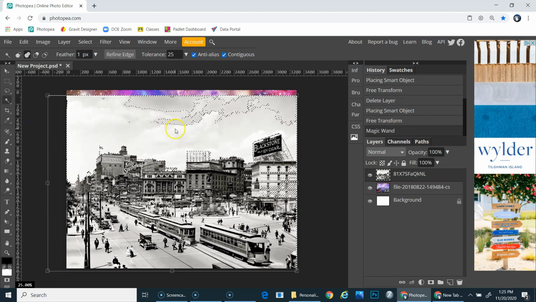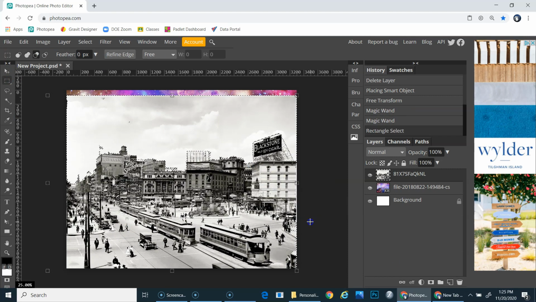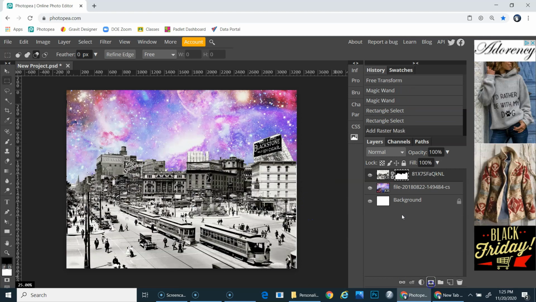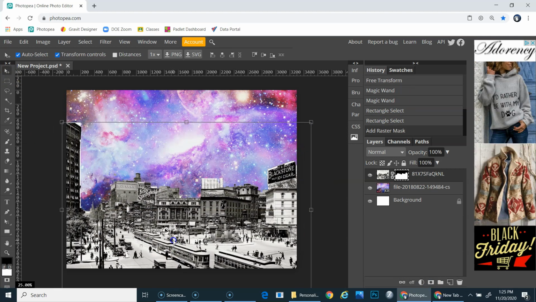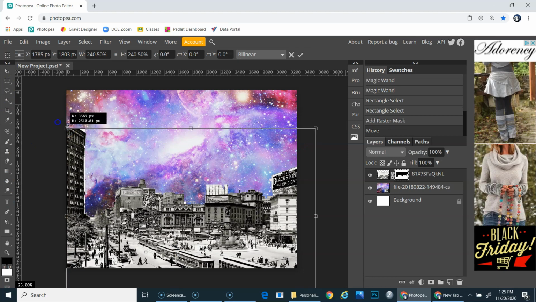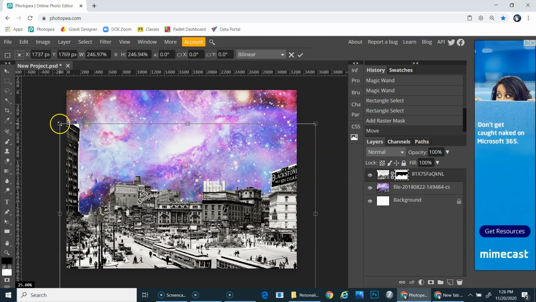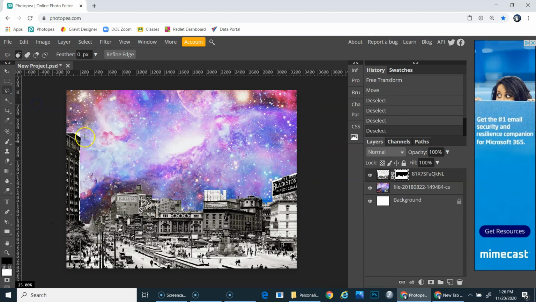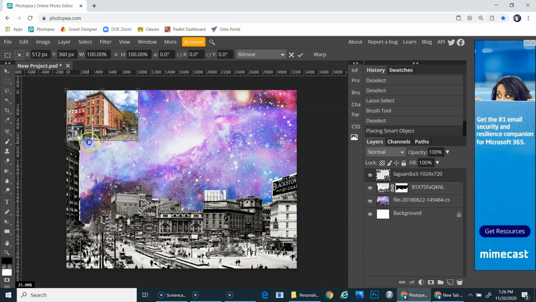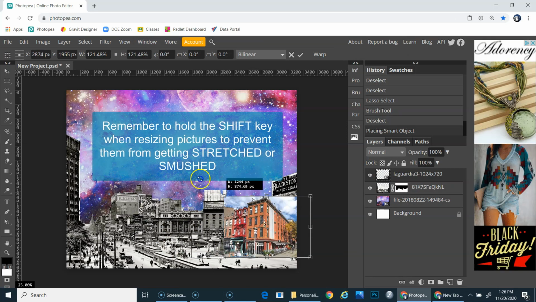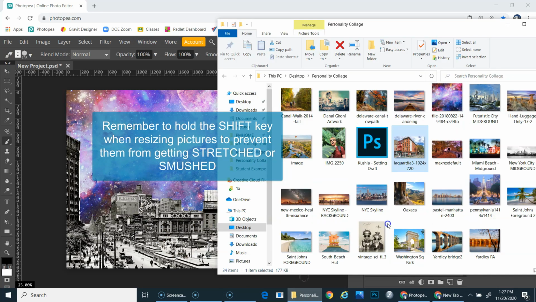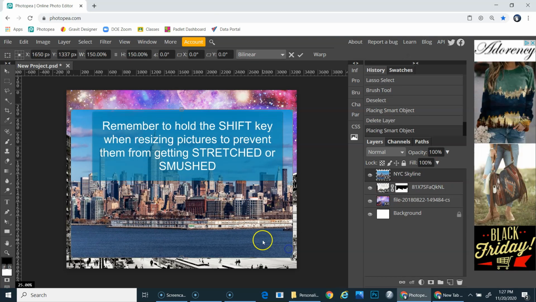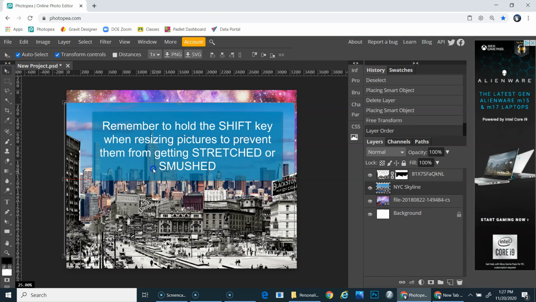that. Now, once I was starting to look at pictures that go well with galaxies, I realized that a vintage versus colorful combo would be really nice. So I found a vintage photo. I don't think this is New York City, but I just found a vintage cityscape to kind of add as a foreground element. And now I'm trying to find some colorful New York City skyline pictures to add behind that